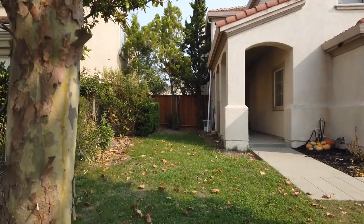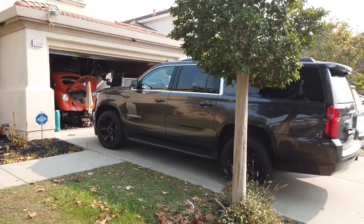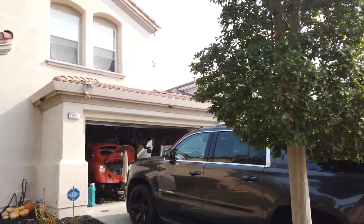So smaller yard, no double access to the backyard for like a maze. Plus we're not doing a maze anyways with the pandemic in place. So with that being said, we are going to do a lot of lighting. We're going to set out some of the props that I did keep from the old Columbia Manor house, which we moved out of, and I had to unfortunately throw a lot of that stuff away moving to the new